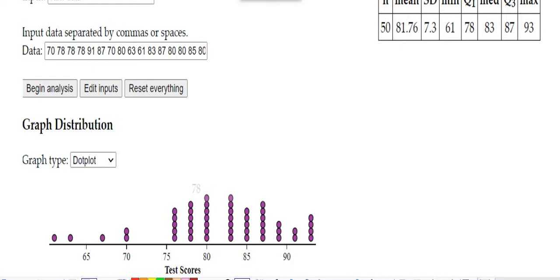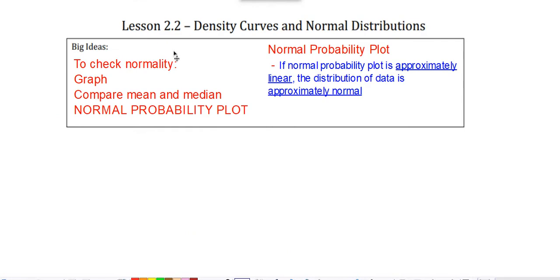There is a solution to that problem. There is what we call a normal probability plot, okay? The normal probability plot is another option, or the best option, to prove if a certain distribution is a normal distribution. First, to check normality, we did the graph, and then we compared the mean and the median.